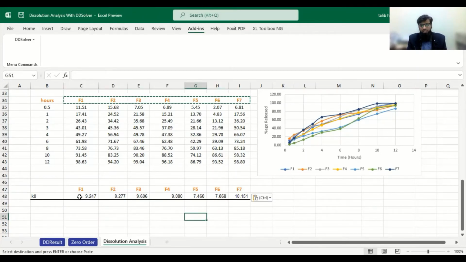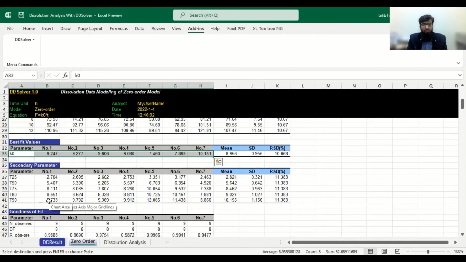For F1, the K constant value is 0.9. This slope value is used to check whether it is positive or negative. If it is negative, the analysis is not suitable for the concentrations which are used for analysis. And if it is positive, then we can use it.